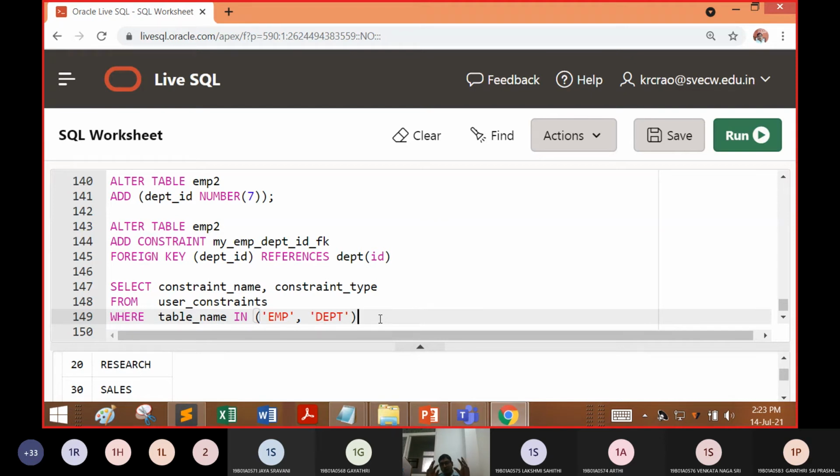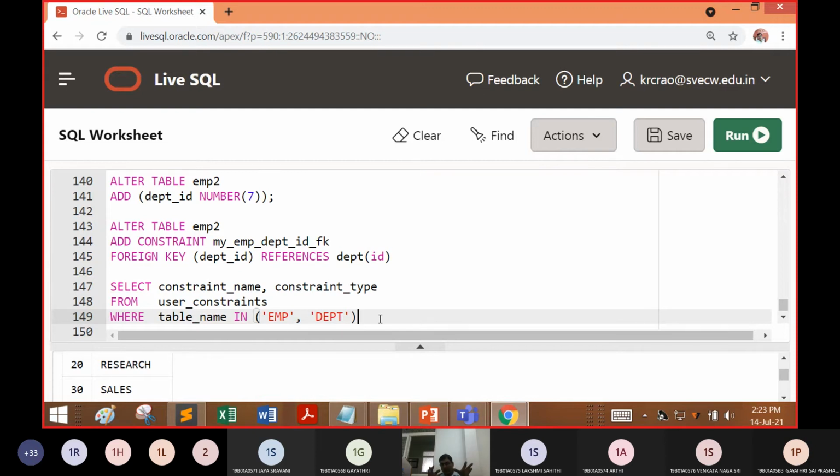If we ask for only the table names, that is table underscore name, all the database tables available in the Oracle server will come. But now we are confining it to check whether EMP and DEPT are available, so only those two tables will be taken up. It will also check what constraints are imposed on the EMP table and the DEPT table.